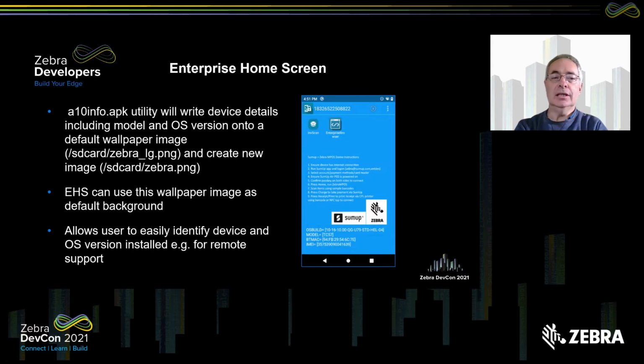Another utility is called a10info.apk, and what that's doing is writing the key information of the device, like the OS build and the model, onto the default wallpaper image, which is being used by EHS. So it's kind of doing a watermark of the device information onto the wallpaper image, which is useful because if you're running a support desk and somebody calls up with an issue, then